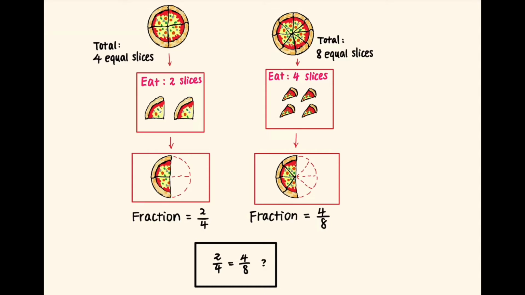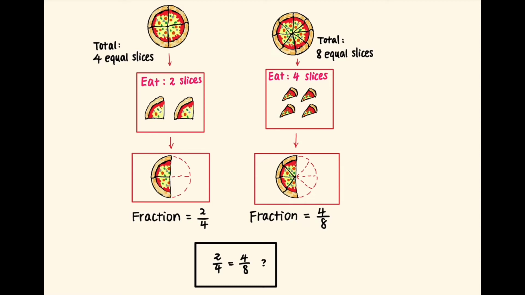Let's use the two pizzas I drew to help us understand equivalent fractions. Now, let's assume these two pizzas are exactly the same size, or even the same topping if you like. On the left, if we cut the pizza into 4 equal slices and eat 2 slices, then we can express the amount of pizza we ate as a fraction. The numerator is how many slices we had, and the denominator is how many slices our whole pizza is sliced into. In this case, since we cut the pizza into 4 equal slices and ate 2, the fraction will be